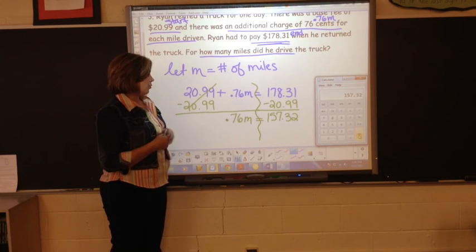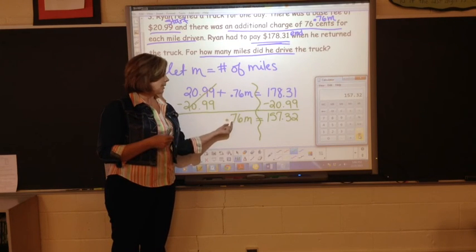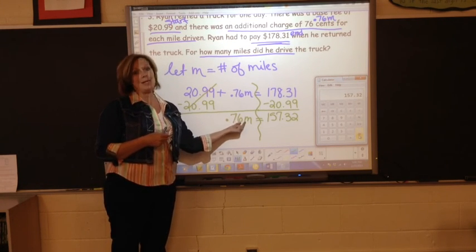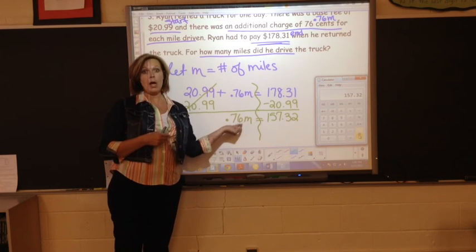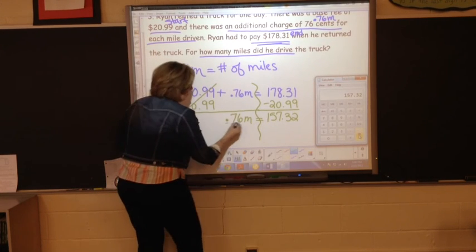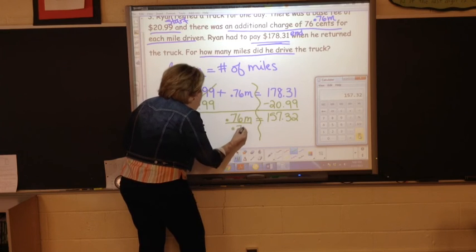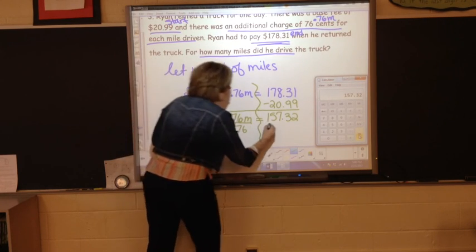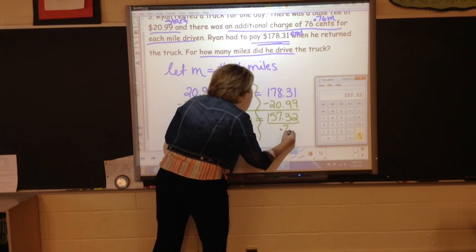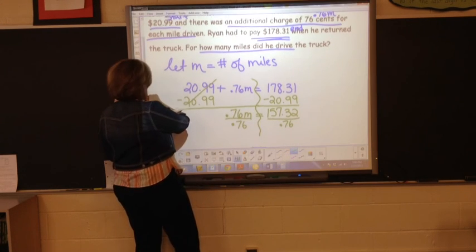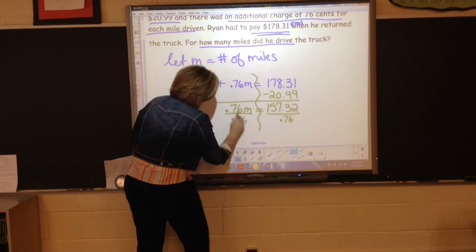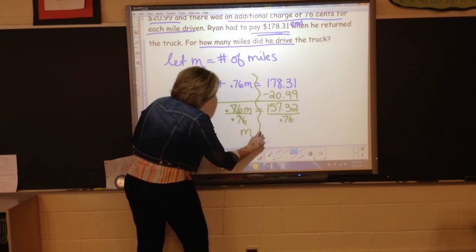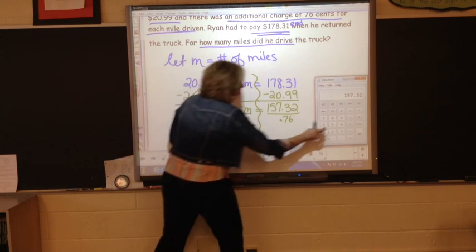Well, I know that 0.76 m, that's a multiplication, so the undo of multiply is divide. I'm going to divide both sides, because whatever I do on one side, I must do on the other. 0.76. This cancels out on the left, so I have m equals